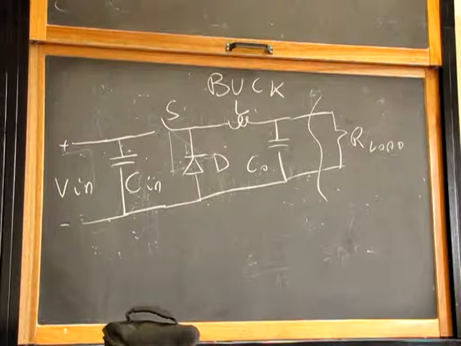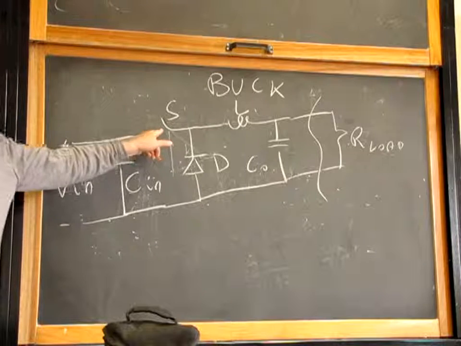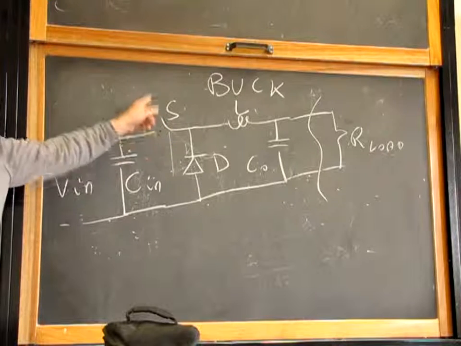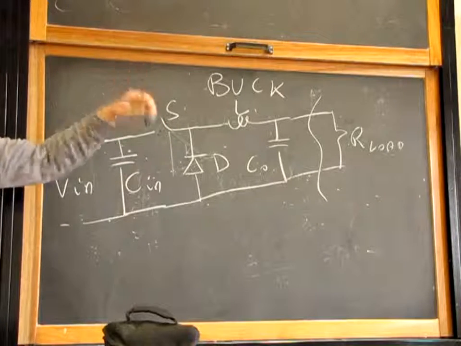A thyristor is a diode that is switched on by a command in the gate, but it switches off only when the current through it goes to 0. You command the turn on, but the turn off is given by the circuit. When the current goes to 0, it turns off naturally. You cannot turn it off on command. It's not like a transistor, which you can switch on or off whenever you want. If you have a thyristor here, you can switch it on, but there is no way to switch it off. So, not a good idea.